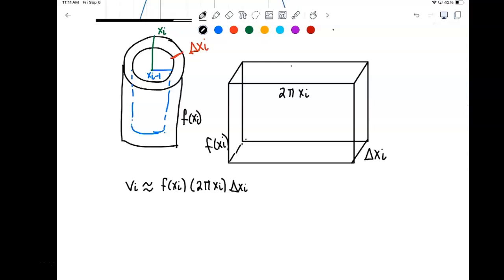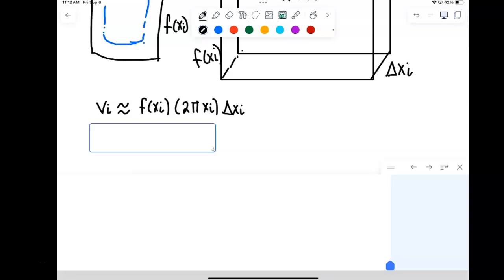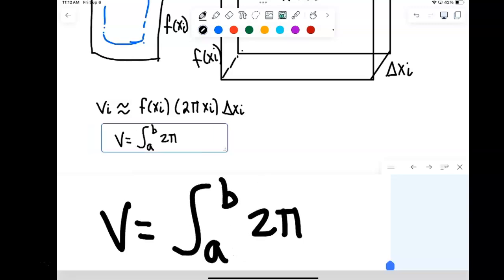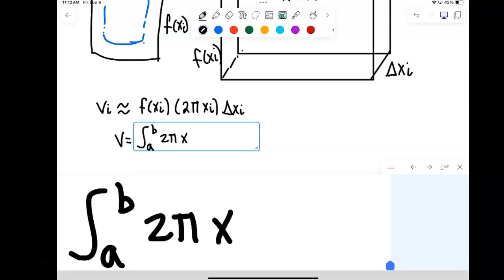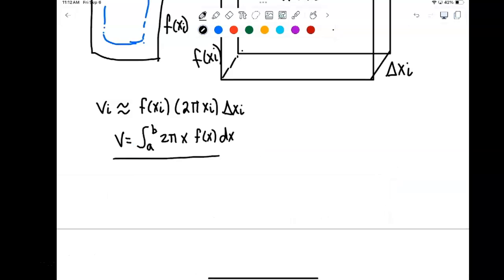And so when we take the limit and add all this stuff up to get the volume, and then take the limit, we turn it into an integral, and it turns out the volume is the integral from a to b of 2 pi x times f of x dx. That's going to give us the volume of our solid